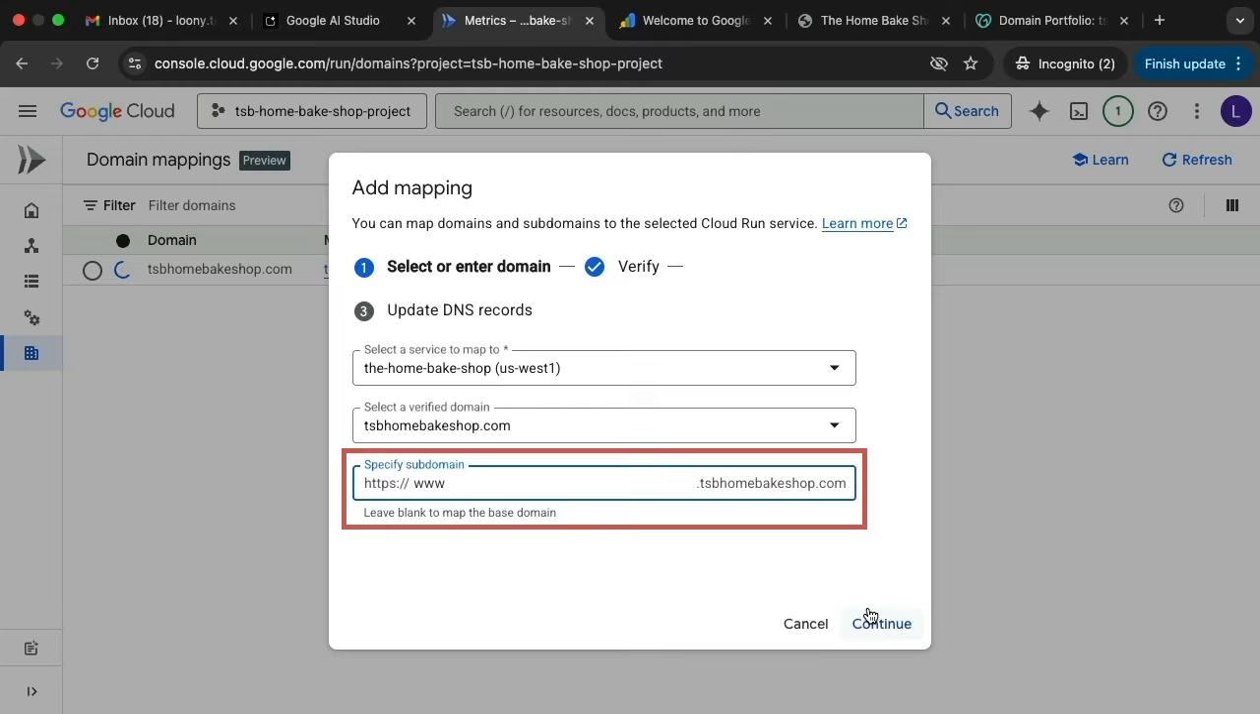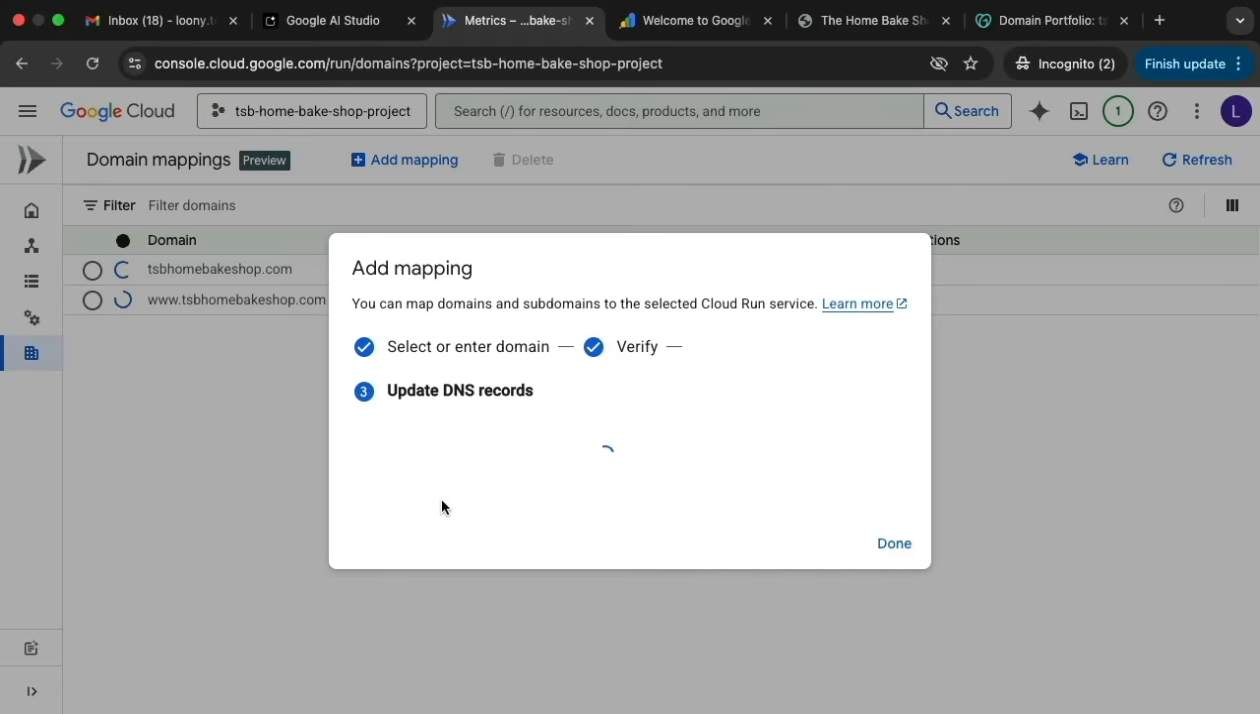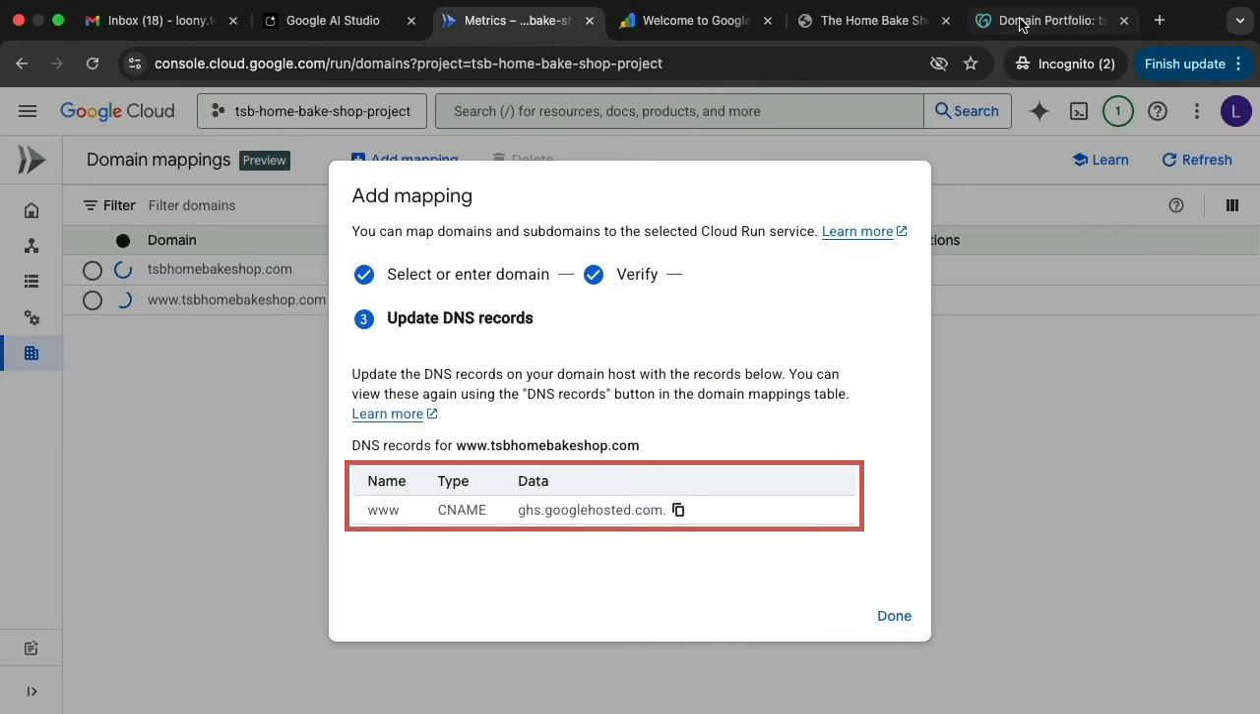A subdomain is a smaller section or extension of your main website's domain, and it's used to organize different parts of your site. Let's say we had a goodies section on our site. We may have a subdomain called goodies.tspHomebakeshop.com. www, which is commonly used in all domain names, is also a subdomain, strangely enough. And we need an explicit domain mapping for this. Click on continue and this will give you a CNAME DNS record that we have to add to our website